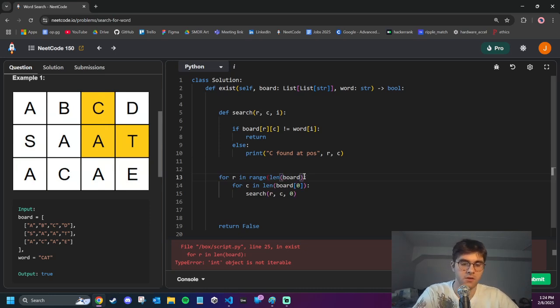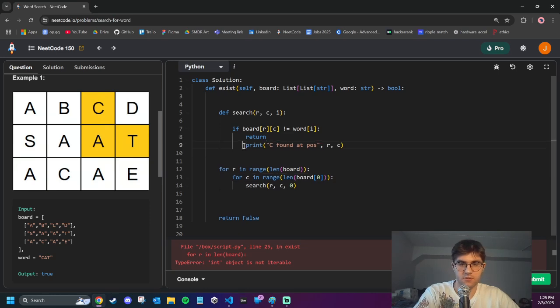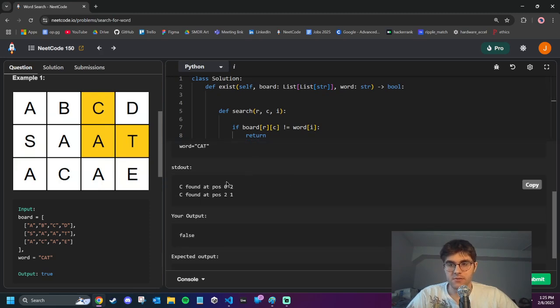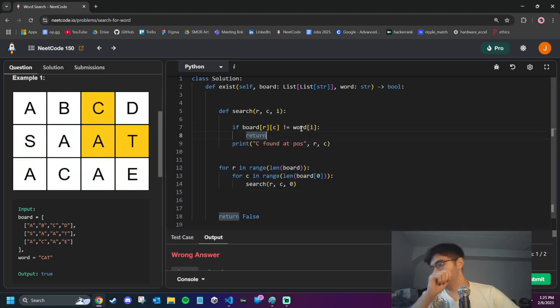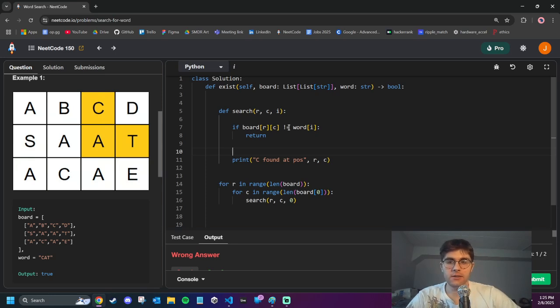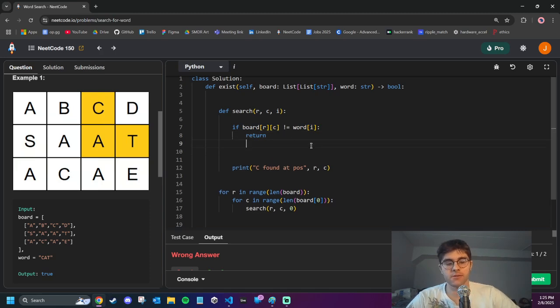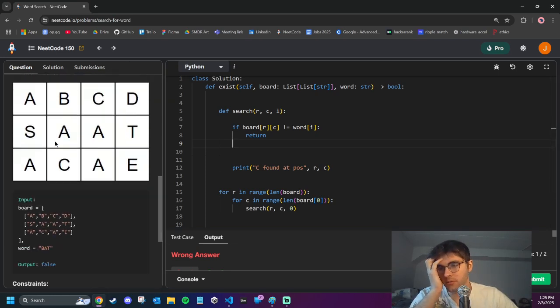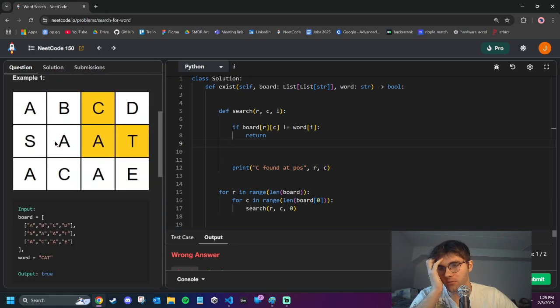Range. Forgot the range function. Also, I don't need this else here. All right, so found a C at row 0, column 2, and row 2, column 1. Okay, so that seems to be working. So if we find what we're looking for, then we want to search all 4. But the problem is we don't want to go where we've already